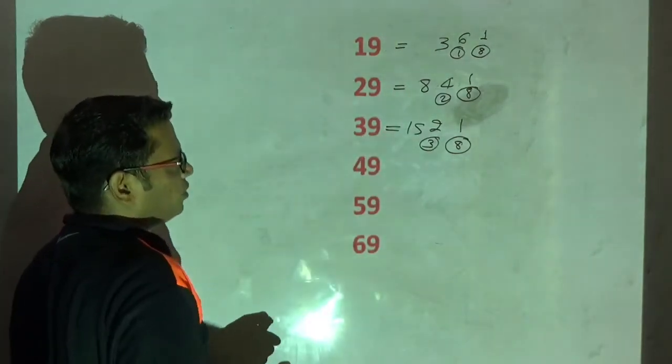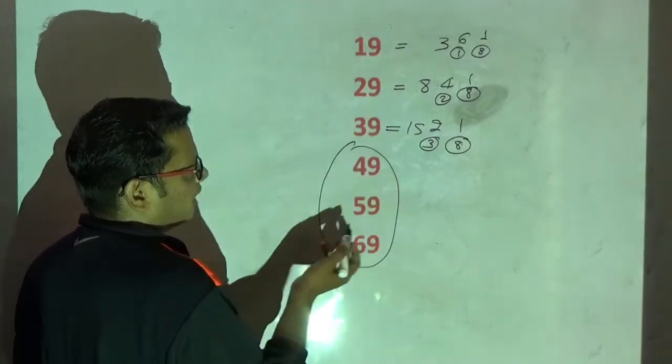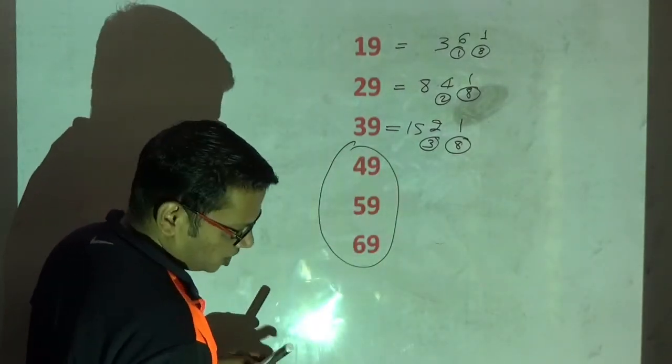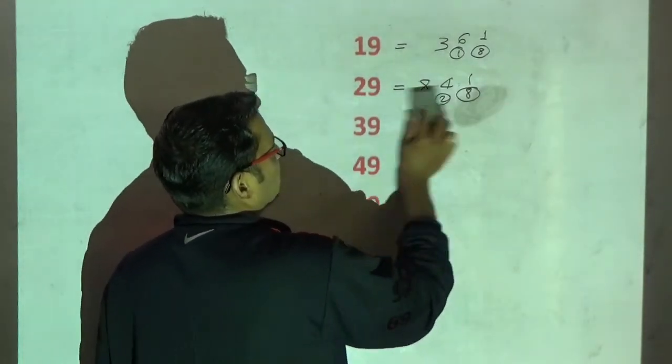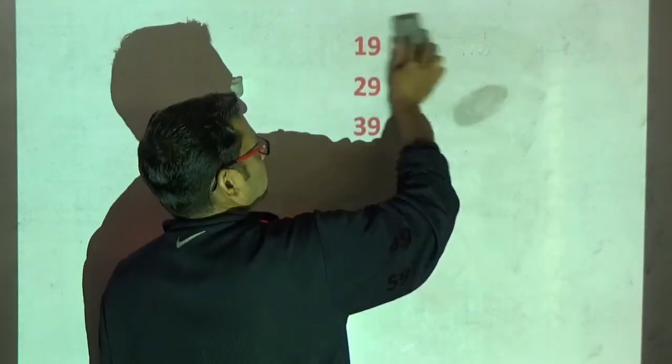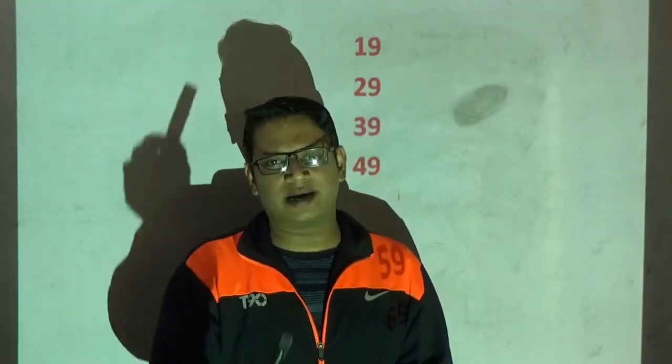See, this is how you can do squaring of a number ending with 9. So these three will be assignment for you, you can do it on your own. Hope you have understood how to do squaring of a number from 1 to 100 instantly. See how quickly and accurately I am doing. See, this is the power of Vedic mathematics. Only through practice and only through understanding the logic you can become human calculators.